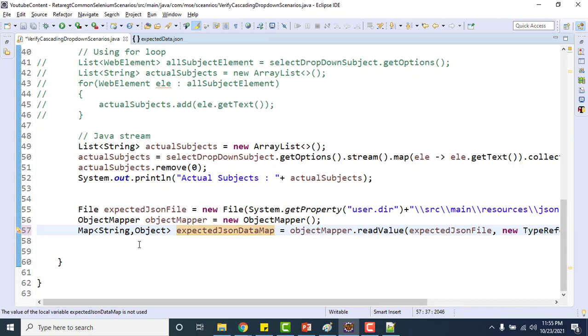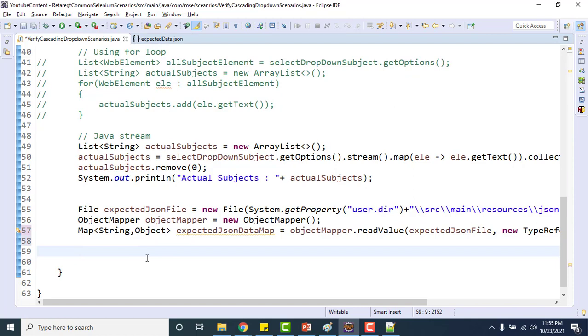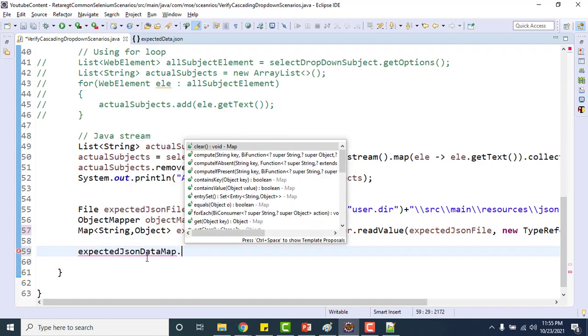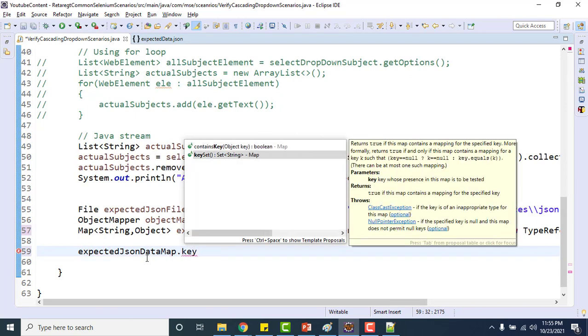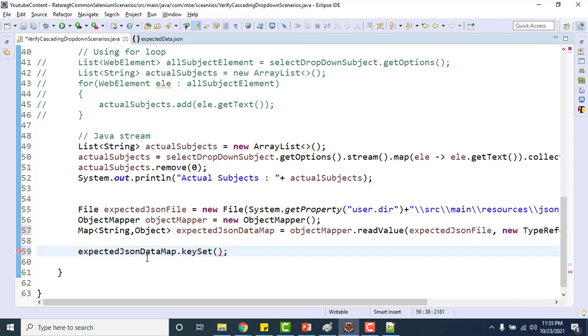Now since we have read it as a map, in the map we have the method expectedJsonDataMap.keySet, which gives a set of strings. Means whatever keys we have in a map, it will give me as a set.